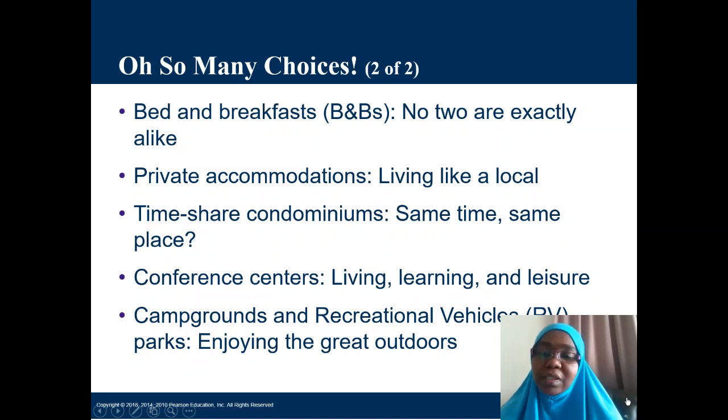Then we have conference centers. These are usually characterized by different services, like living. You live in there, and then you also have the leisure. Everything is provided for in the conference centers, apart from the lodging. Whatever you want to do, maybe people visit for a conference or for other meetings, so they have all facilities available to them, maybe recreational, maybe physical exercises. They have the spa, they have everything situated at the same place.